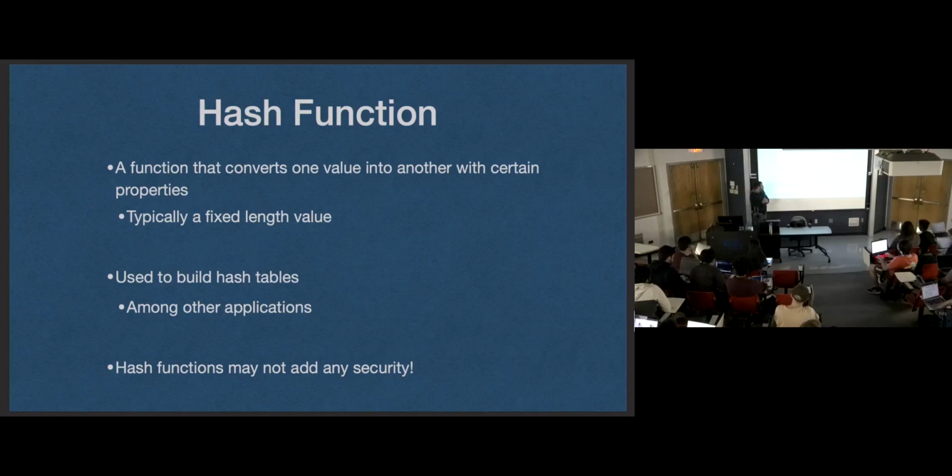Hash functions are super important. They're great. We love them. A hash function itself is not necessarily used for security. That hash function you use for your hash tables isn't going to add any level of security to anything, unless it does by accident. When we're talking about hashing passwords, don't just pull out any old hash function and store some hash of your password.